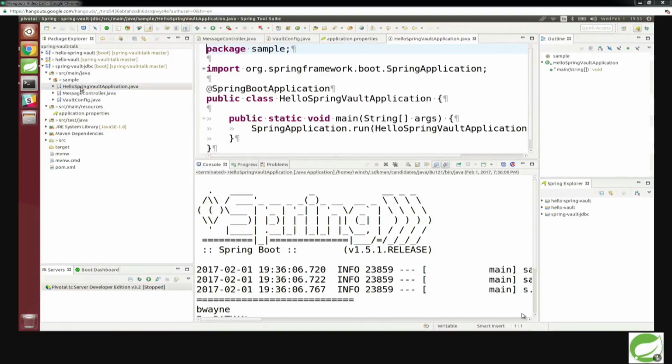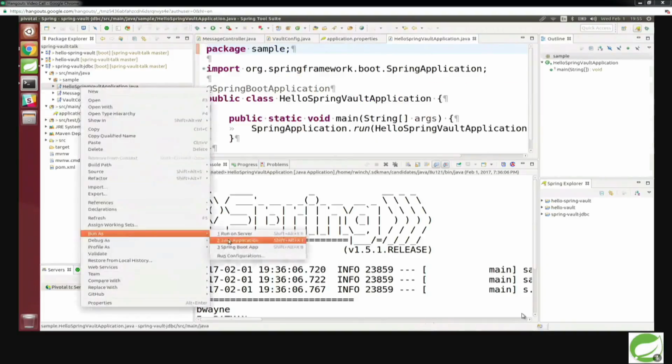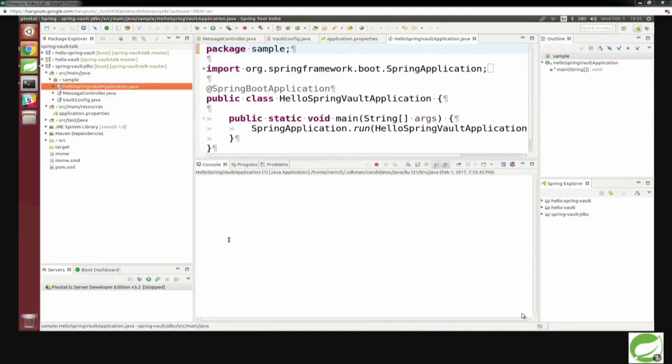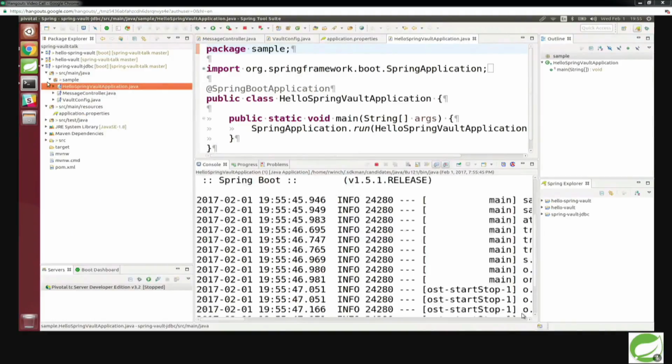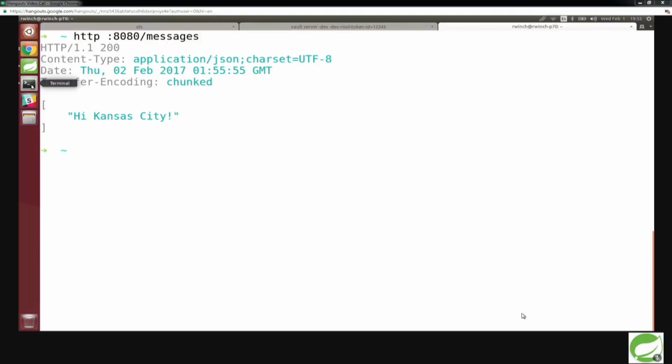There are some caveats to this that we'll talk about in a minute. So I'll start this app up. It's querying the messages directory, which is just Hi Kansas City. So it hooked in with that dynamic username and password.